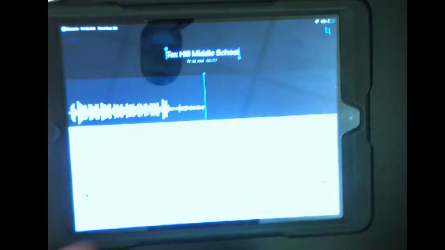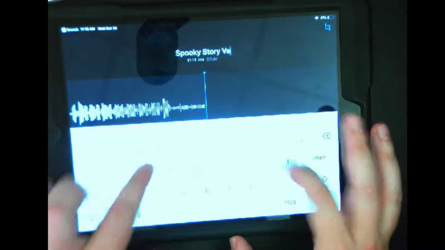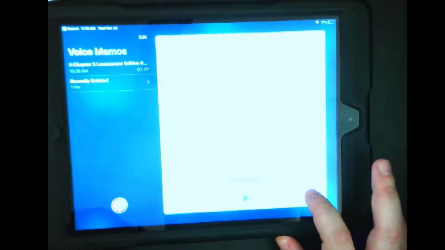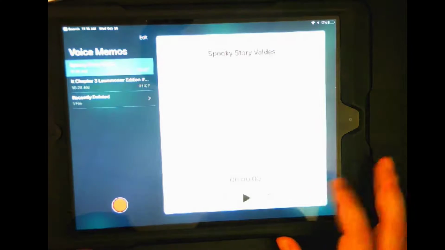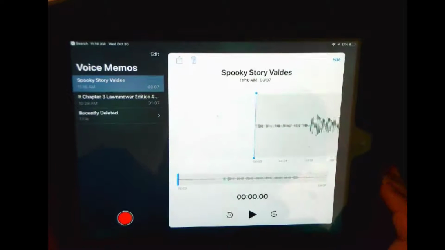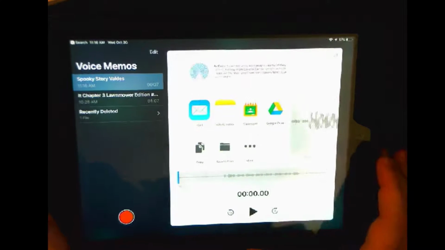At the top, you can change the name by tapping on the title, give it something that you're going to recognize, and after you've done that, you can hit return, which will close that, and you may hit done when you are done recording. At this point, you want to share your recording to your Google Drive. So clicking on the share option at the top and selecting Google Drive,